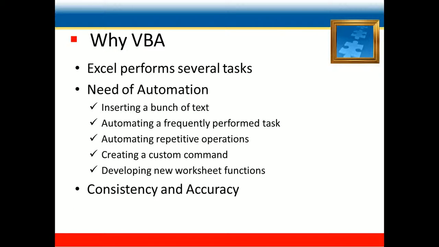The other important feature that VBA serves is consistency and accuracy. You can automate almost everything you do in Excel. To do so, you write instructions that Excel carries out. Automating a task by using VBA offers consistency and accuracy because doing so lets Excel always execute the task in exactly the same way. Excel performs the task much faster than you can do it manually, and if you have developed the macro correctly, which is a one-time action, then Excel will always execute the task in an accurate way.